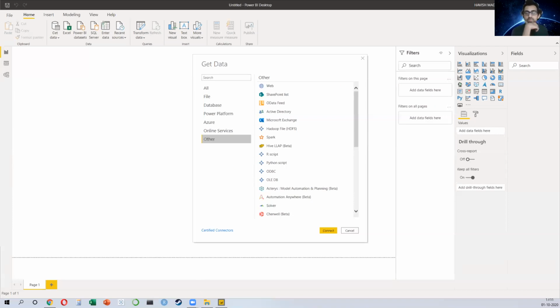Which platform am I working on currently on my screen? Neelam, are you referring to the software? I'm working on Power BI, right? If you can see it at the top. I don't think you were there yesterday.